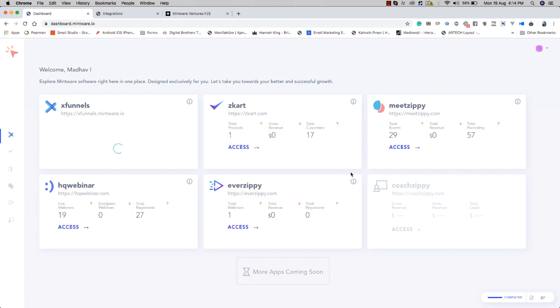Here we go. So what is this? This is the dashboard for all the combined apps. This is the dashboard for all apps we have in Mintware. So we have xFunnels, we have Zcart, we have MeetZippy, we have HQ Webinar, we have AberZippy, and we